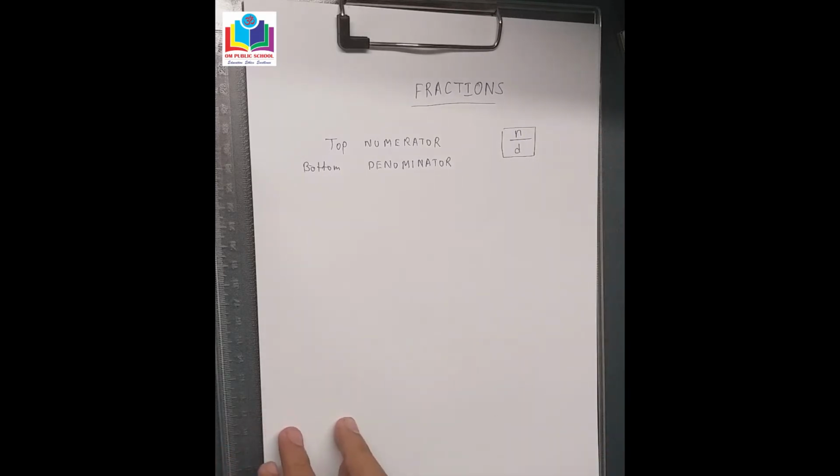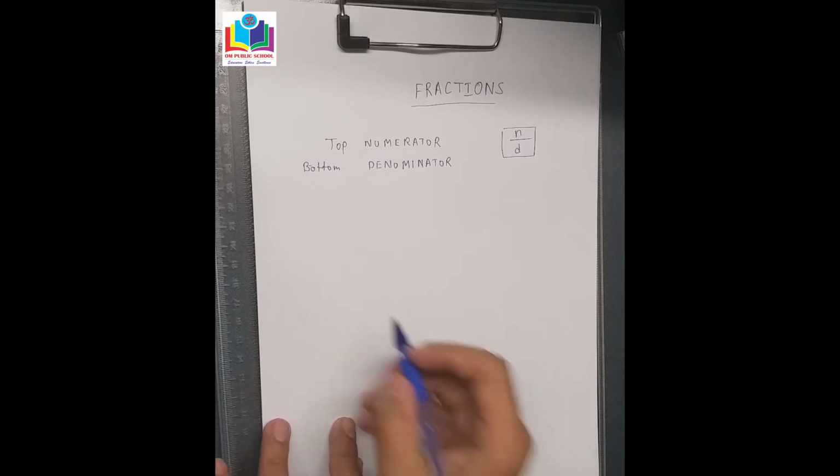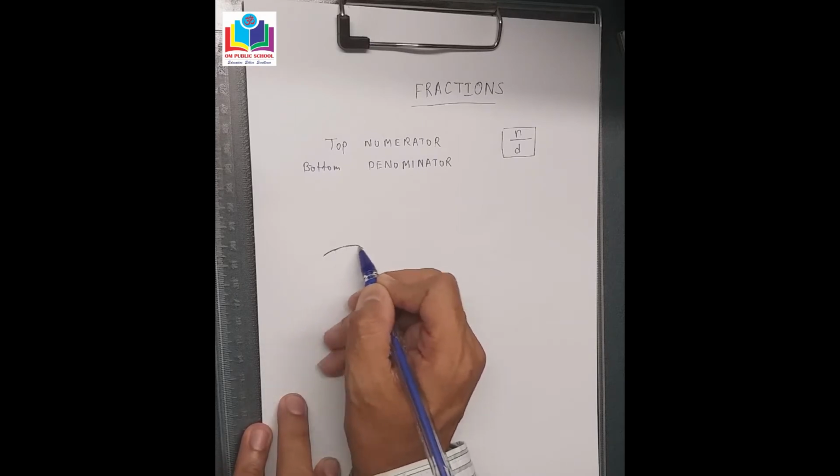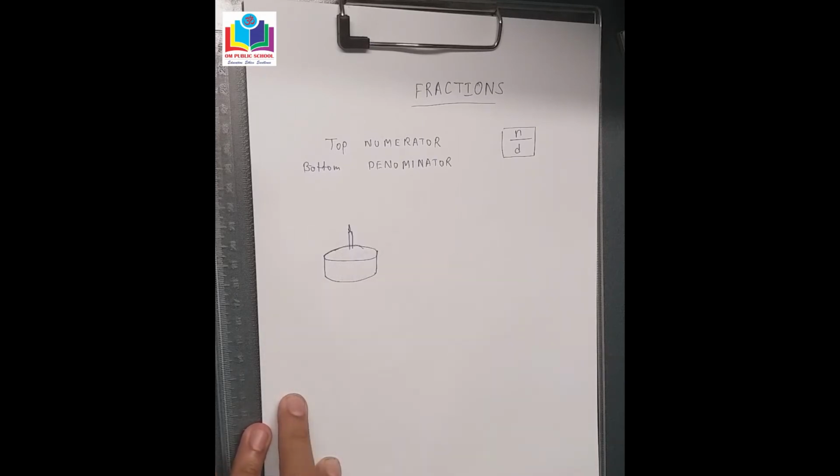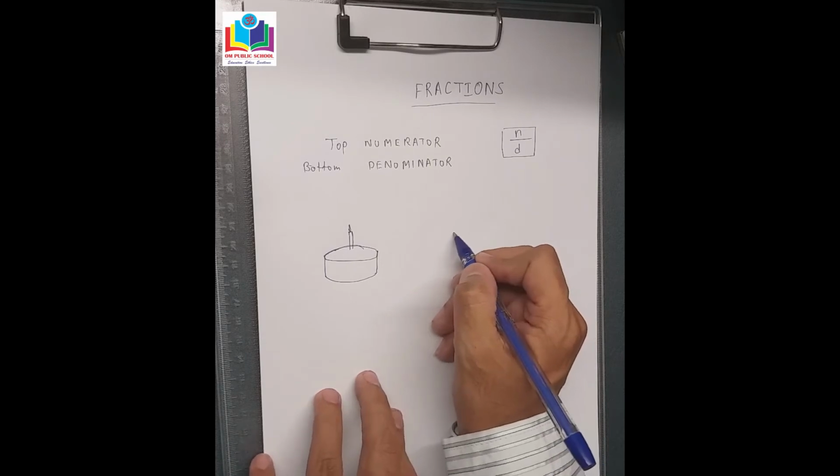Okay. Moving ahead, let us revise what fractions are. Fractions are parts of a whole number. When I say parts of a whole number, what exactly do I mean? Let's assume we have a birthday cake. This is known as the side view. Can you all imagine how the birthday cake will look when we see it from the top? Yes, it is going to look like a circle.